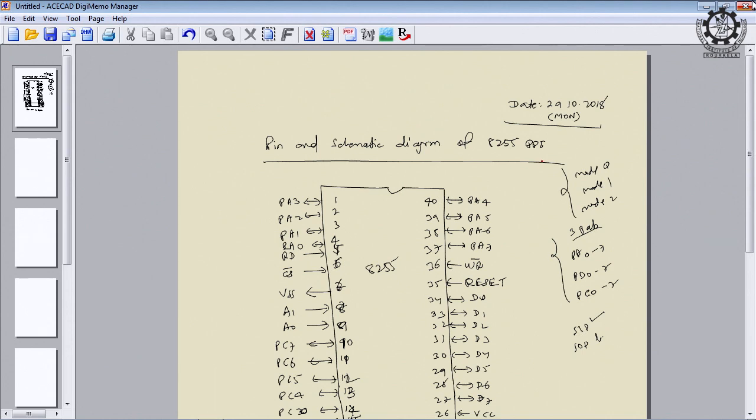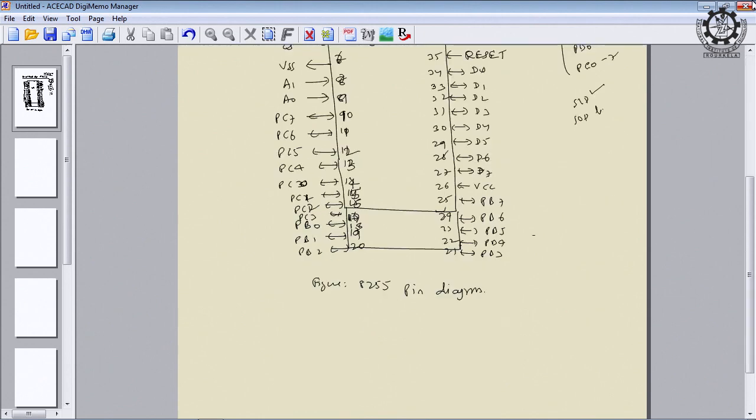So the same 8255 PPI, how is it organized in an IC? This is the pin diagram of the 8255. It is a 40 pin package, right? So there are 40 pins. On the left side there are 20 pins, and on the right side there are another 20 pins, and each pin corresponds to a signal, right? So how these are organized, and more or less we are all acquainted with these pin functions.